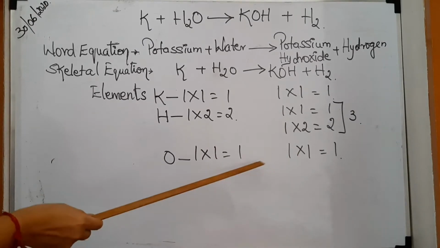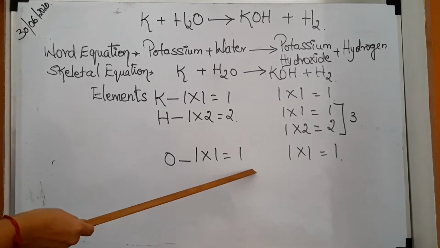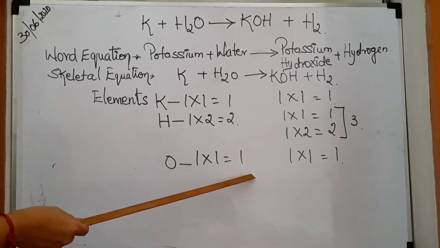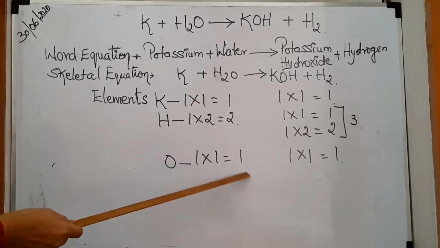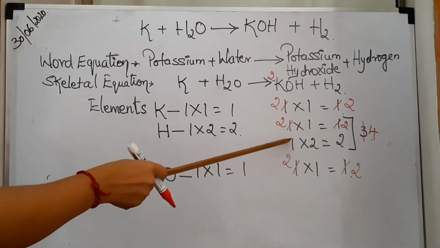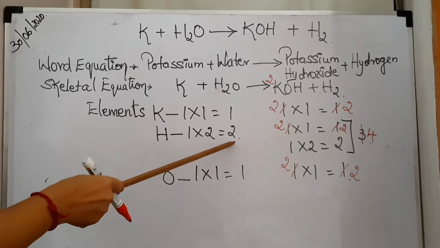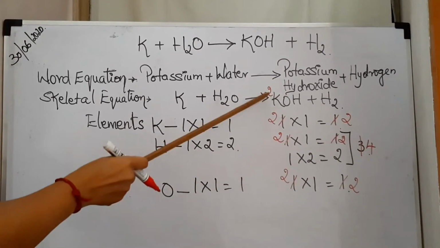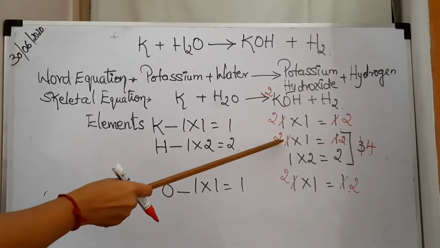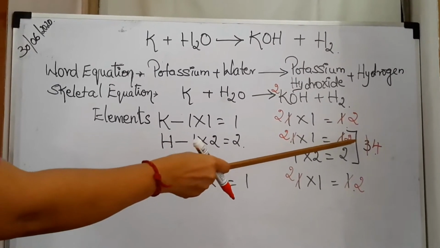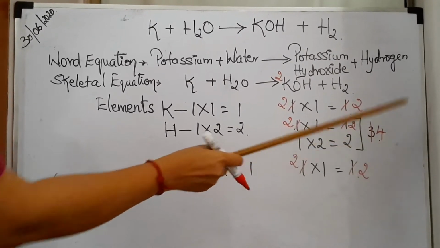So now tell me where we have to balance this. Where should we start? Yes, correct. Shall we see how it is? Yes, children, we will start with hydrogen. Here it is 2 and here it is 3. So what do we do now? We change this to 2. 2 into 1 is equal to 2 and 2 plus 2 comes 4.